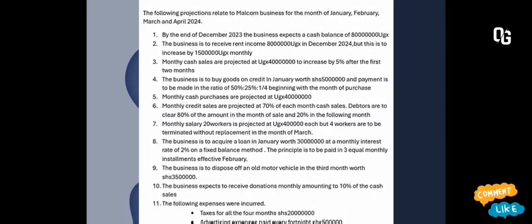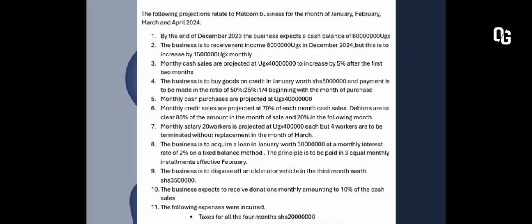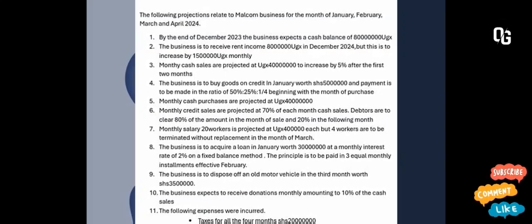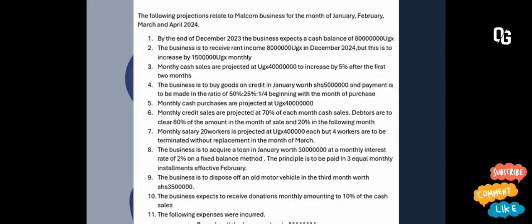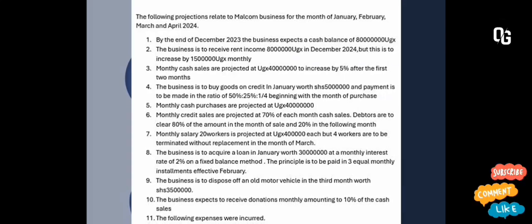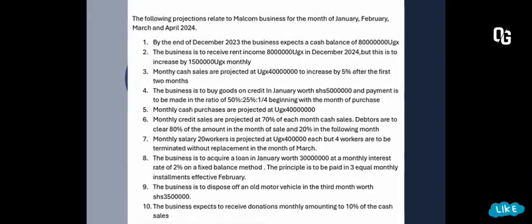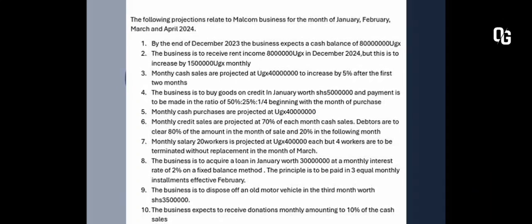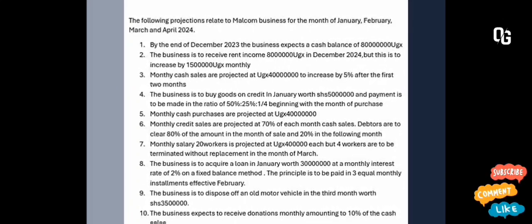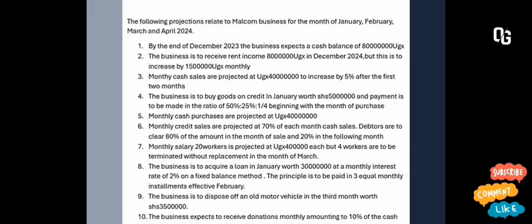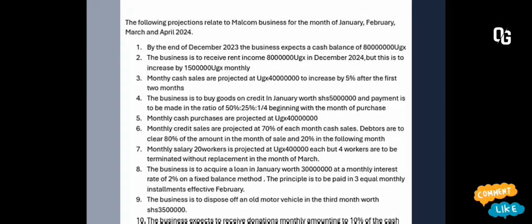and payment is to be made in the ratio of 50% to 25% to a quarter, beginning with the month of purchase. So this means that the business bought goods worth 50 million